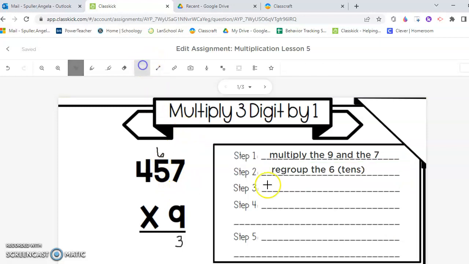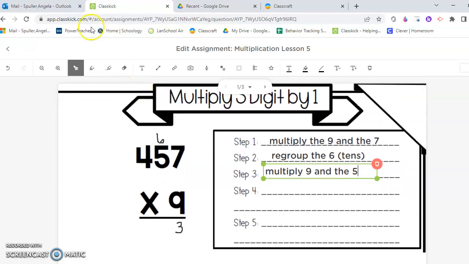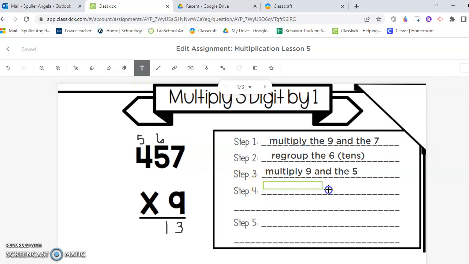Okay, our next step then is to multiply 9 and the 5. Okay, so we get 9 times 5 is 45 plus 6 is 51. I'm going to put the 1 down and I'm going to regroup the 5. Okay, our next step is